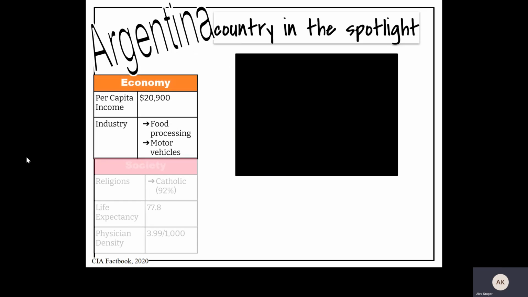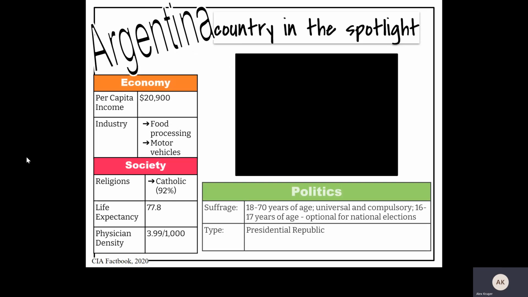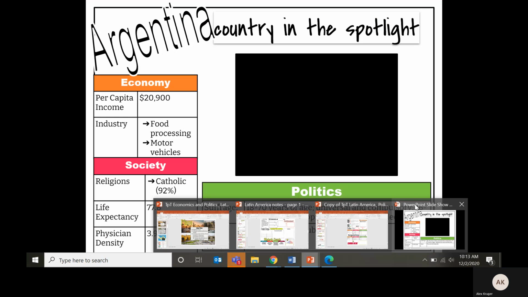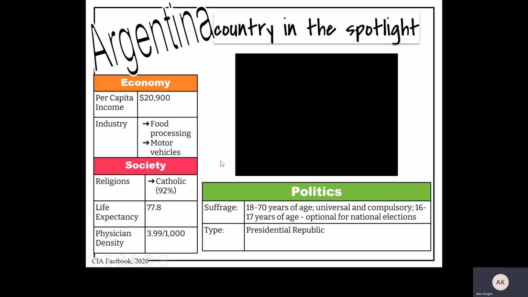So Argentina, I don't know why that picture is not coming up. Oops, we don't want that to happen. Damn it. That's what I get. Okay, so